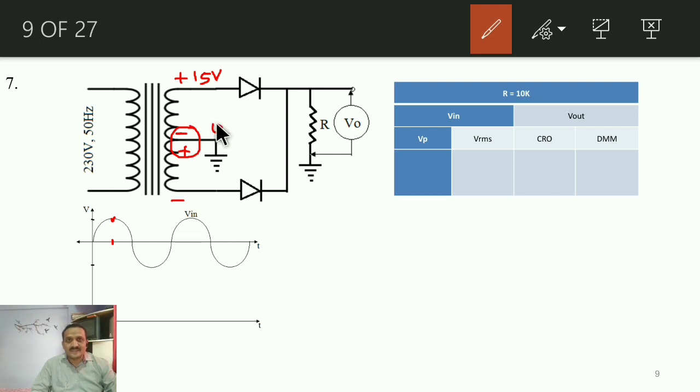Remember, it always remains 0 volts, and that's why a center tap transformer is generally rated as, for example, 12-0-12. That 0 indicates what? At any time that center tap terminal remains at 0 potential. You can find out for any time period the level of voltage at its center tap terminal. So it is always at 0 volts.